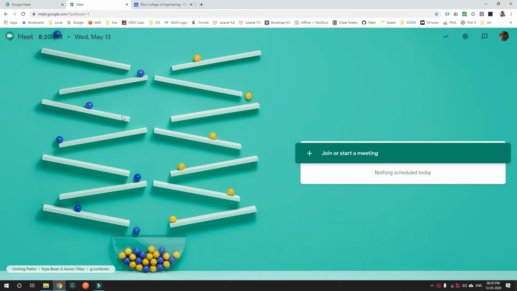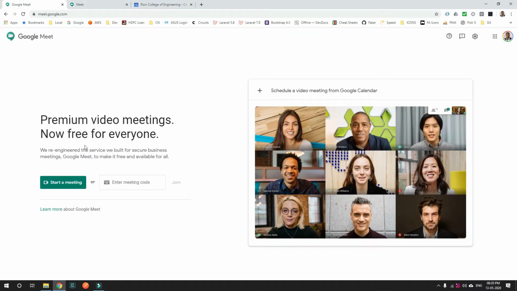Now if you look at this window, I have gone to meet.google.com, and here you can see I can join or start a meeting, right? Similarly, if you see the interface for the Google Meet Personal Edition, here also you can start a meeting or join the meeting, right? But there is a button for scheduling, but it says go to Google Calendar, right? So that means to schedule a meeting, we have to go to Google Calendar, right? So let's go to